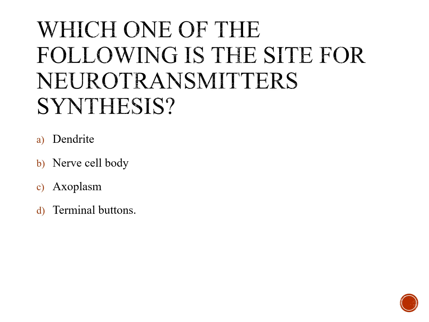Which one of the following is the site for the neurotransmitter synthesis? Dendrite, nerve cell body, axoplasm, terminal patterns. Which is the site of synthesis of neurotransmitter? Yes, it is the nerve cell body, the cell body of the motor neurons, which is the site where the